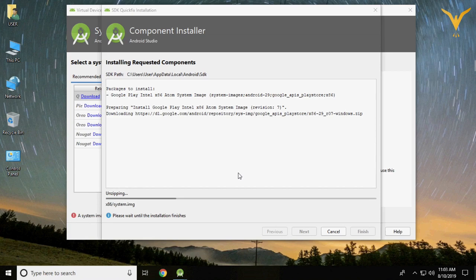Once your image has been completely unzipped, we will configure the virtual device.